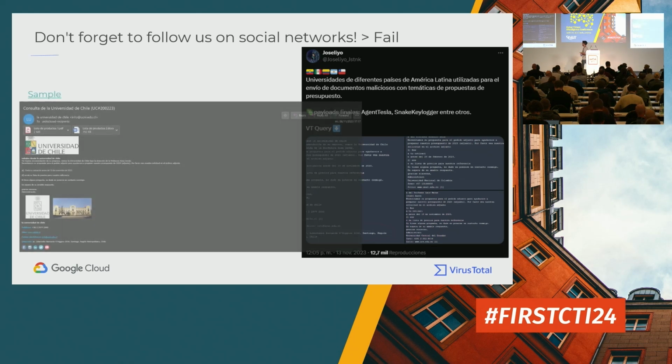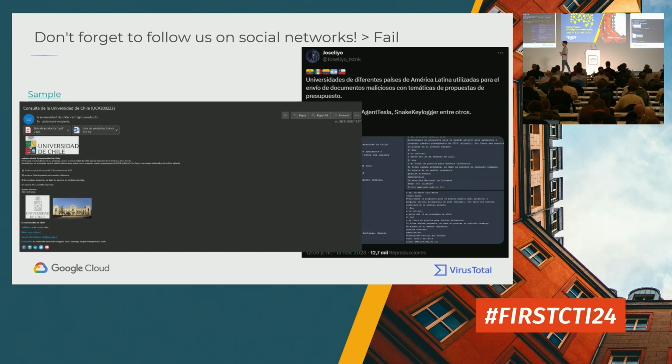And in this campaign, they were impersonating universities from Latin America in this case. Okay? So as you can see here, we have the University of Chile logo, the building of the University of Chile,